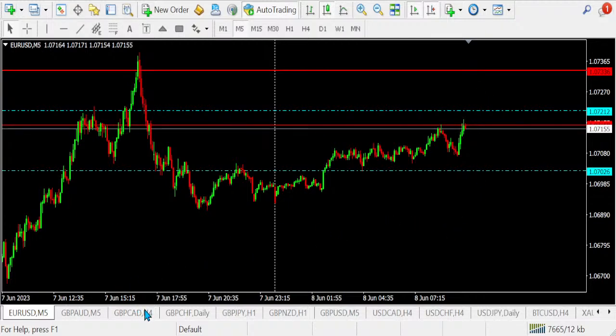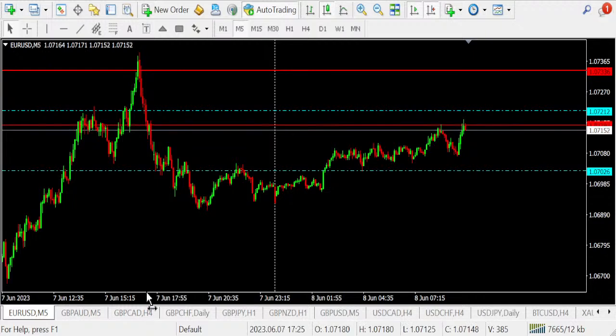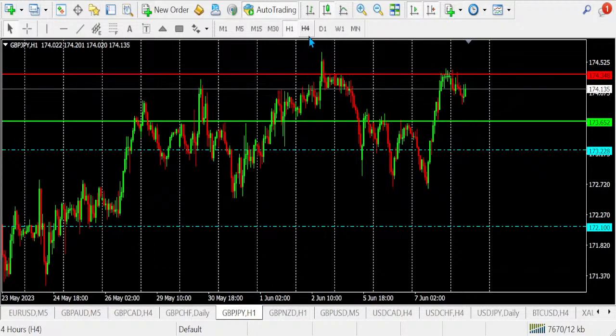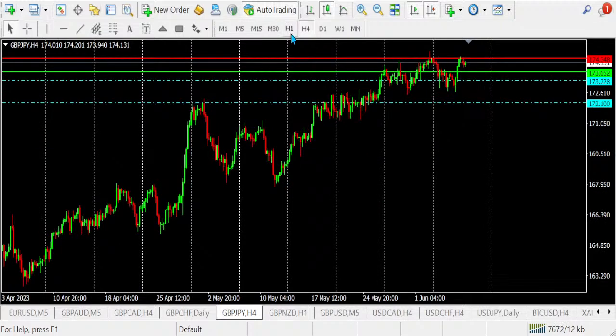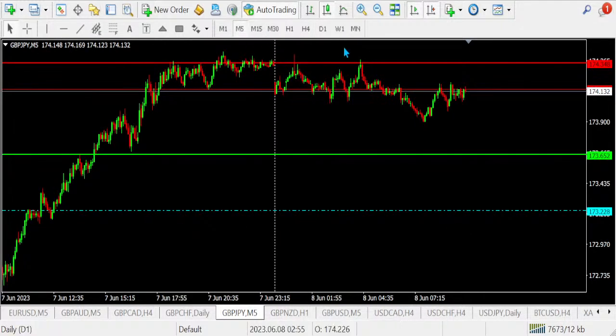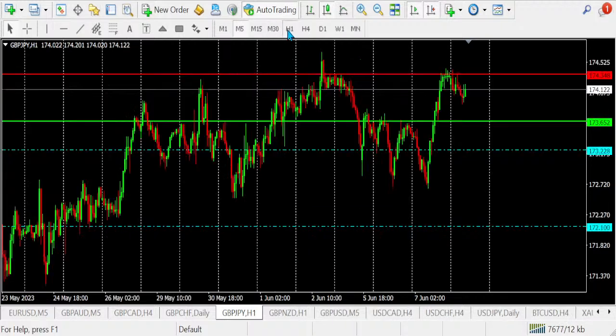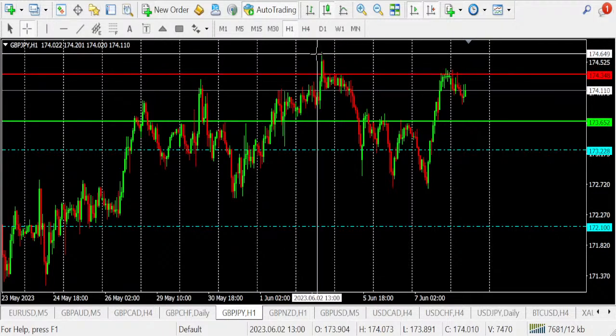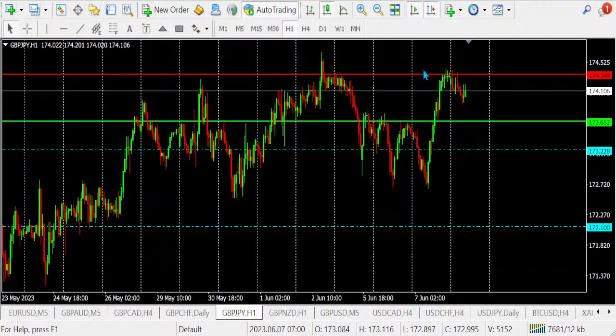For the pound dollar and euro dollar, it's also very slow. Pound yen, let's take a look at pound yen. Pound yen is actually retracing upwards now, and we are still going back to test the resistance, where you can see the highs is there. The Asian high is there. So will there be a chance this high has been taken out? Maybe there may be a chance of resistance to be tested.